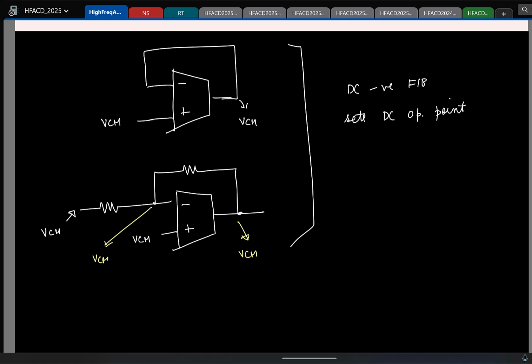That's how we want your bias points to be set, by some kind of negative feedback, especially if you have cases like this where you have two current sources. Then you should have only one of them independent, other should be dependent on this. There should be some negative feedback setting. So having DC negative feedback around the op amp is very crucial, and it is because of this reason, if you actually look at this circuit,